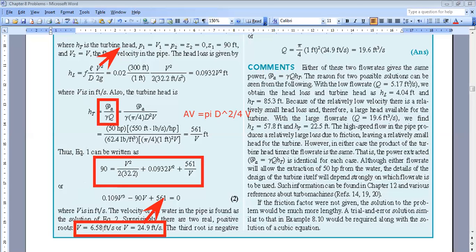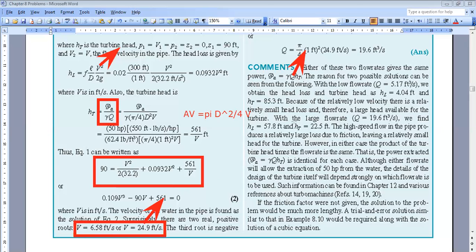On the other hand, if I have low velocity, it will be the reverse thing. So here, if you read it in the comment, they are telling us that either of the 2 flow rates will give us the same power, because the power is gamma Q HT. So as you can see, for the power, if you increase V, Q will increase, but HT can be reduced because of the losses. Okay, so here, for example, when you take the small velocity, when you take the velocity of